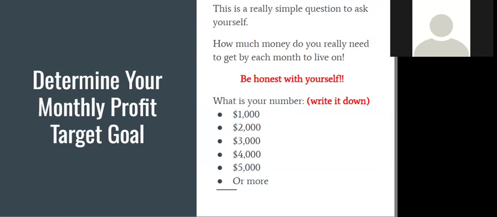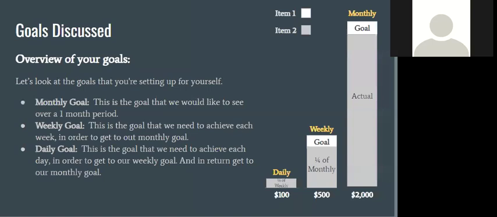We're talking about your car payments, your food, your gas, when you go out to eat or movies, you got to have something for entertainment in there, your place to live, your utilities, cable, phone, your cell phone bill. What do all those add up to? And that is what you need to live on each month. Okay. I don't know what that number is for you. Everybody's number is going to be a little different. Okay. But you need to write that number down. That's going to be your monthly target goal.